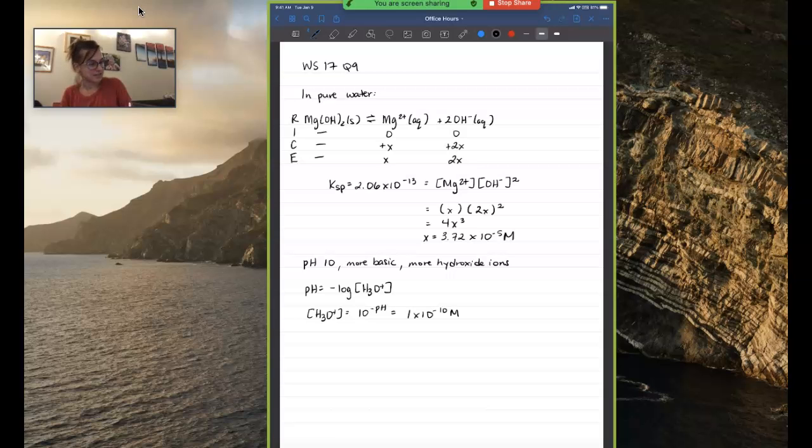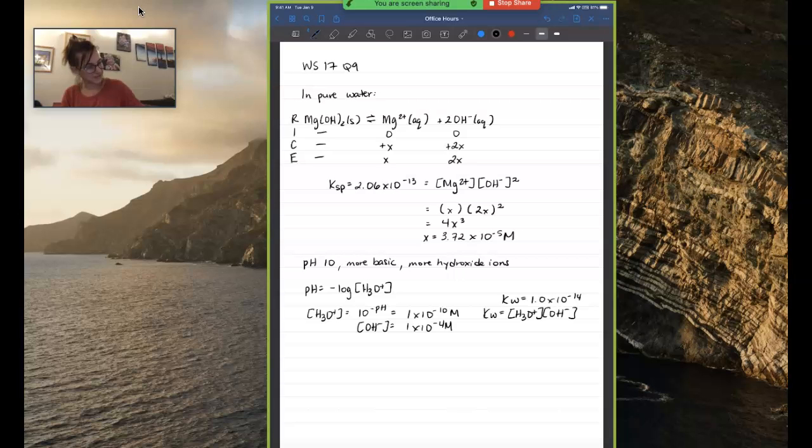Either way, it works. I have the hydronium ion, and I remember that Kw is equal to the hydronium ion concentration times the hydroxide ion concentration. A good number to remember, Kw is 1 times 10 to the negative 14th at 25 degrees Celsius. So you can always figure out, if you have one concentration, then you can figure out the other. With that being said, if I take 1 times 10 to the negative 14th and divide by 1 times 10 to the negative 10th, my hydroxide ion concentration is 1 times 10 to the negative 4th